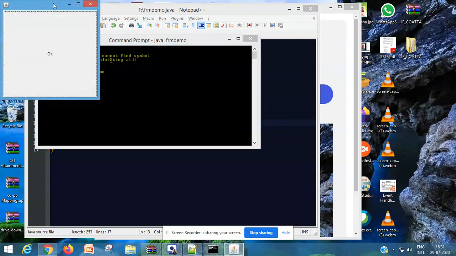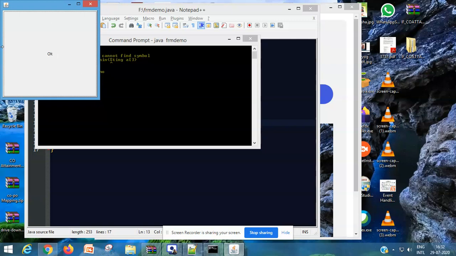So here, as we can see, this is a frame window and this one is a button which is added on the frame window. Now here only a single component is added on the frame window. So that component occupies the whole frame window space because layout is not set for this frame window. The default layout manager used for Frame is BorderLayout, and when we add a component on the container, that is the frame, that component will be placed at the center region of the border layout and will occupy the whole container space.